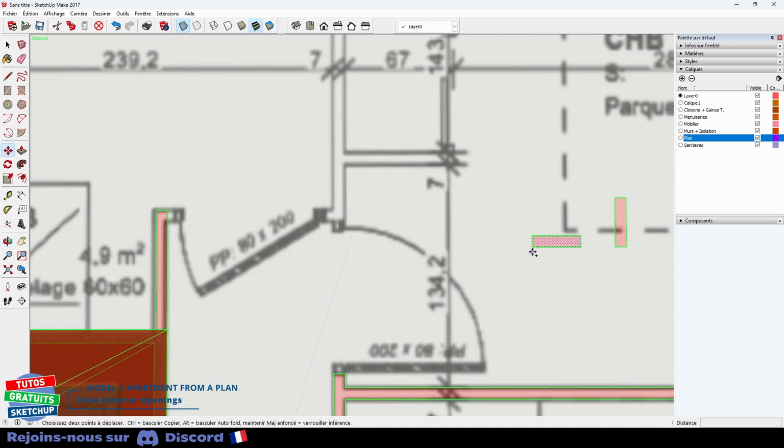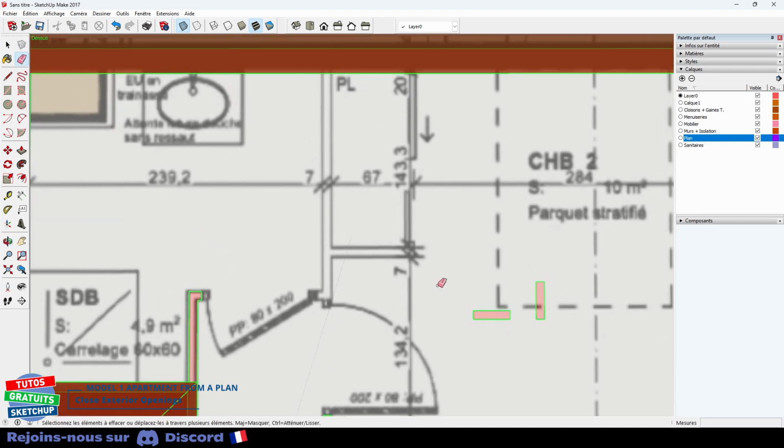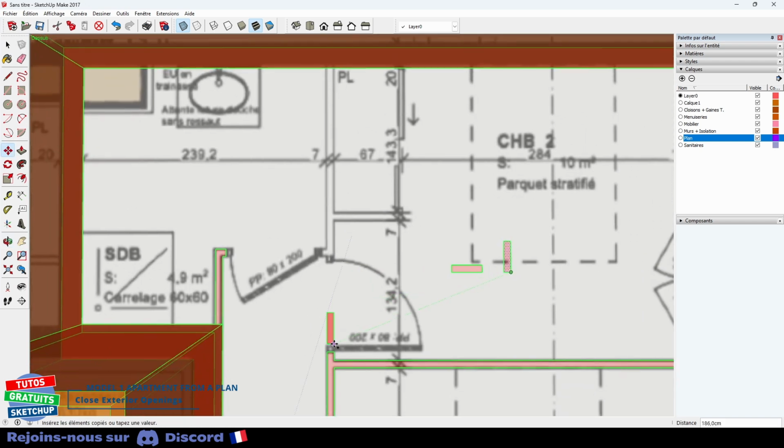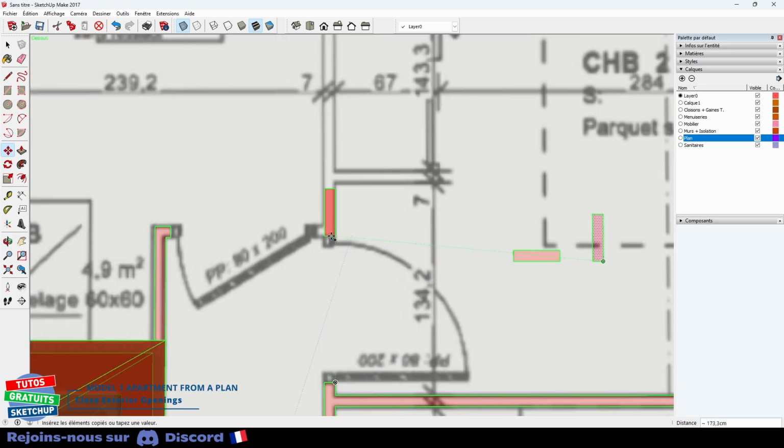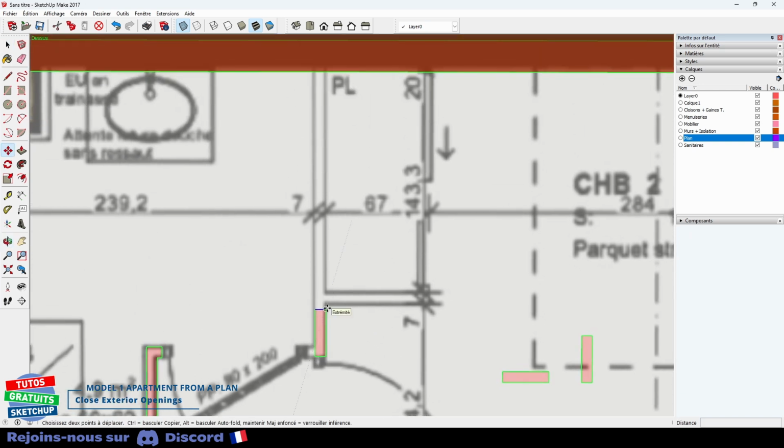I do the same, Ctrl, from this point here, we select the right side, move. I'll stop here. I just have to erase the small lines inside. I do this everywhere. I'll show you this model again. Ctrl. Here you have to be careful. We're going to try to align ourselves directly with the partition that is here. I stay on track. There I click. I select the top edge and always move it along the green axis on the edge. There, you have understood the principle.